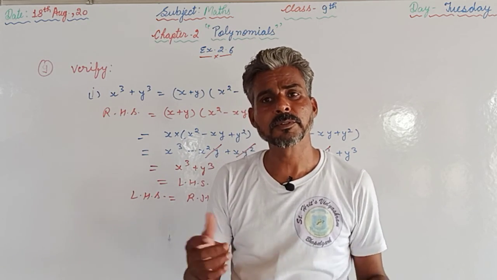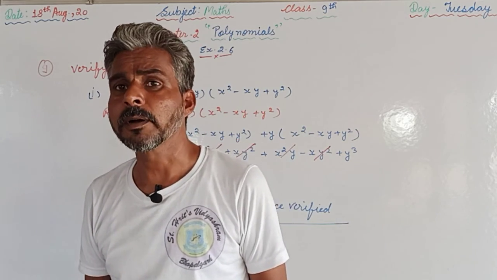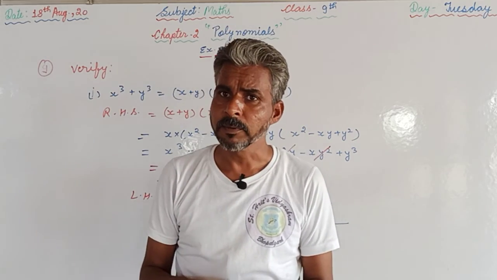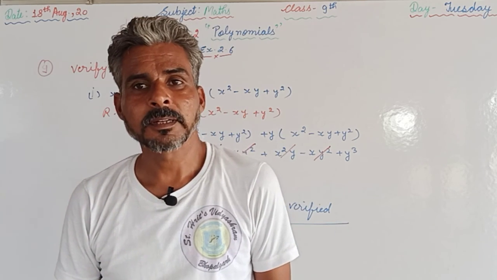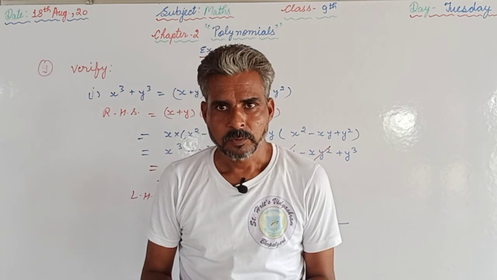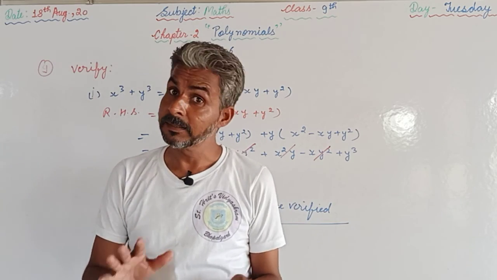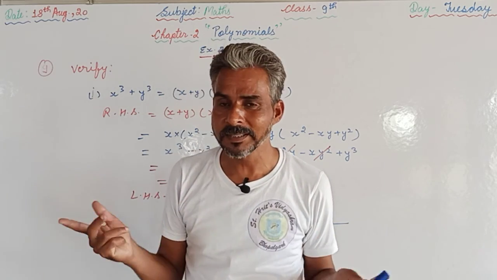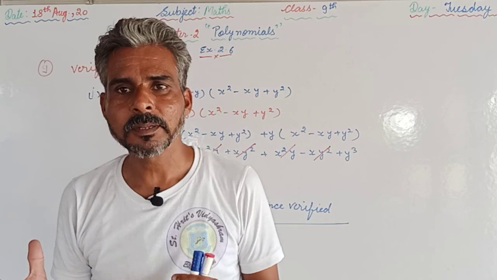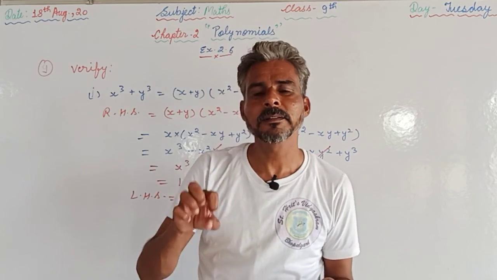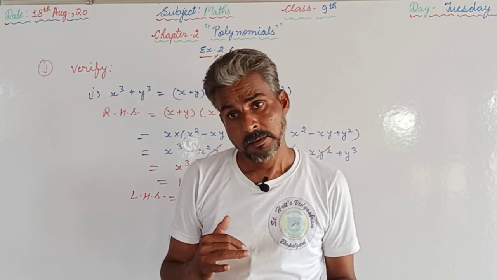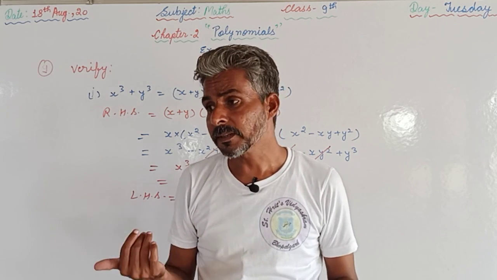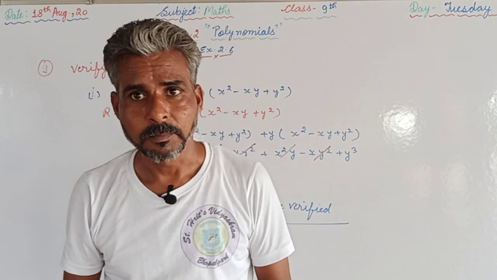After completing the question, you are supposed to take the pic of that, and you are supposed to upload it on the school's WhatsApp number, so that we should also assess how many students are completing their work on time. That is a daily procedure, whatsoever homework is there, you are supposed to complete that homework. If you are unable, whatever you have done, that only you can take the pic, and send us through the WhatsApp. Which WhatsApp? That is the school's WhatsApp number.